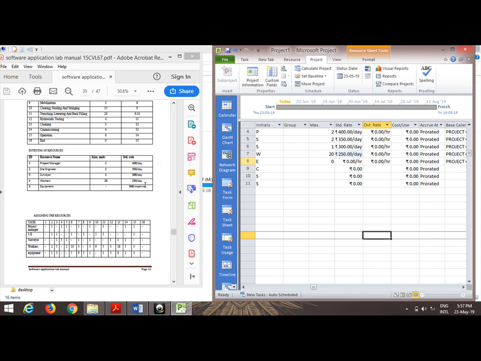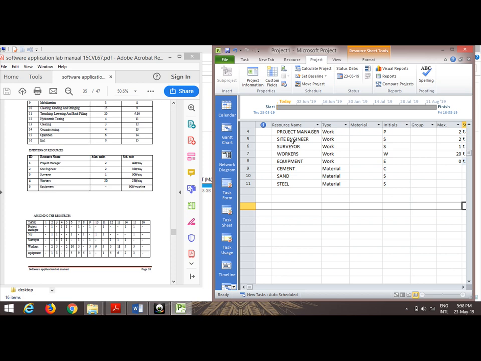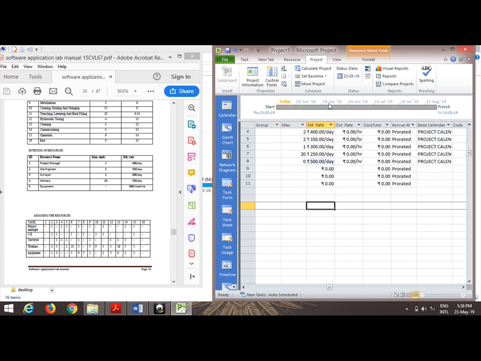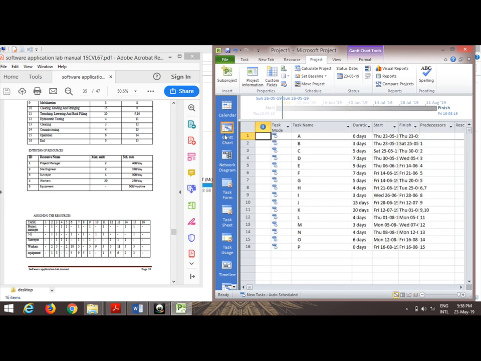And then equipment 500 per machine, so instead of machine we'll give 500 per day, so we'll be taking the equipment as rent. So after entering the resource name as well as the maximum number and standard rate, let us go to Gantt chart. Here at first we have entered the activities, from 1 to 16, as well as